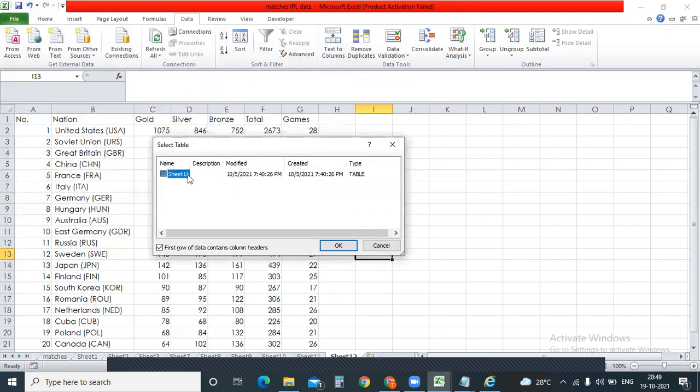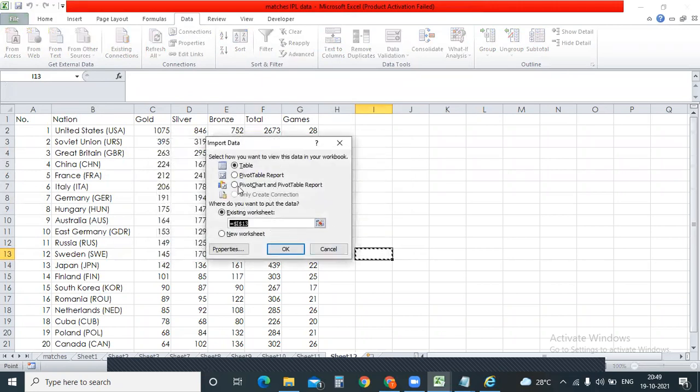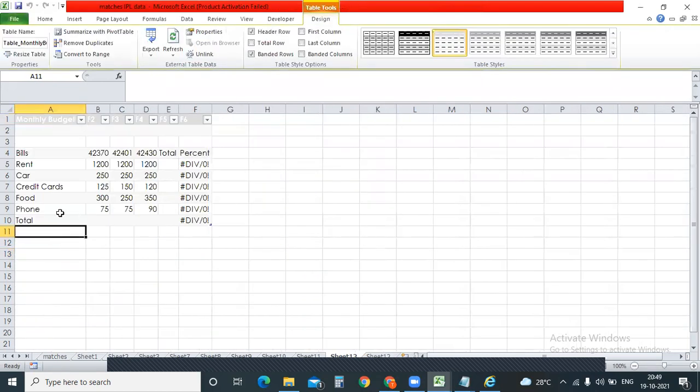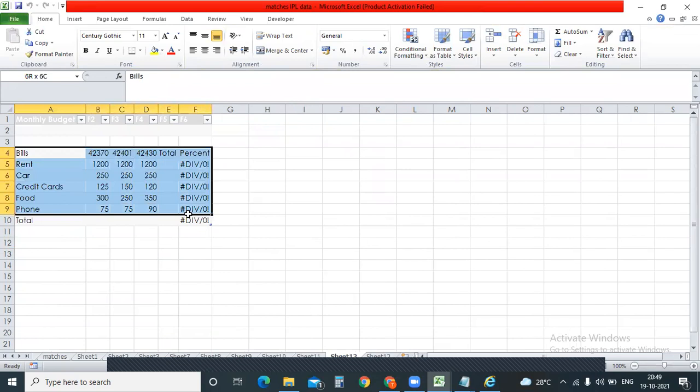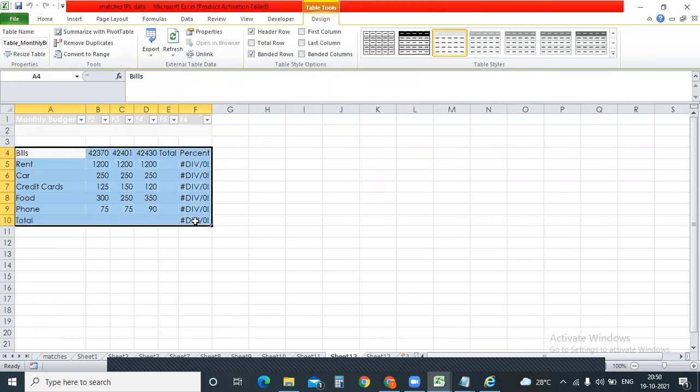It will load. So here it shows which data is in this file and can be brought in. Just click on OK. Here it directly shows whether we want it in a pivot table or in other options, or directly brought into a new workbook, then it will be going to the new workbook. We need it in table format. Just click OK. Yep. Can you see it over here? Whatever the data was there in that Excel has been copied over here. This is the formula error. Ignore it. We'll be discussing that in the next classes.